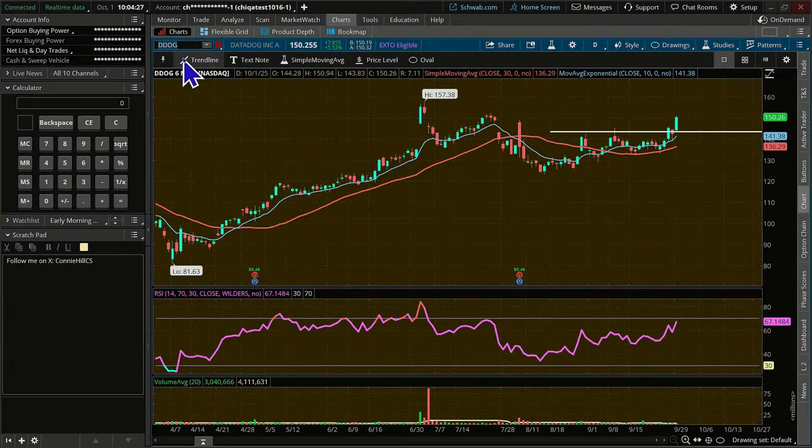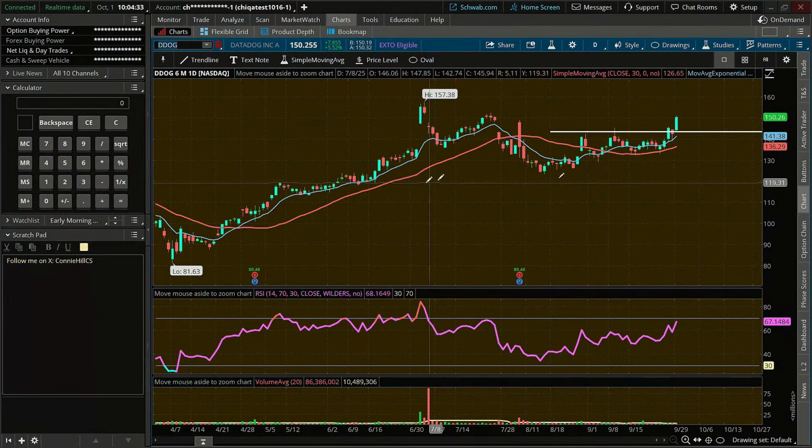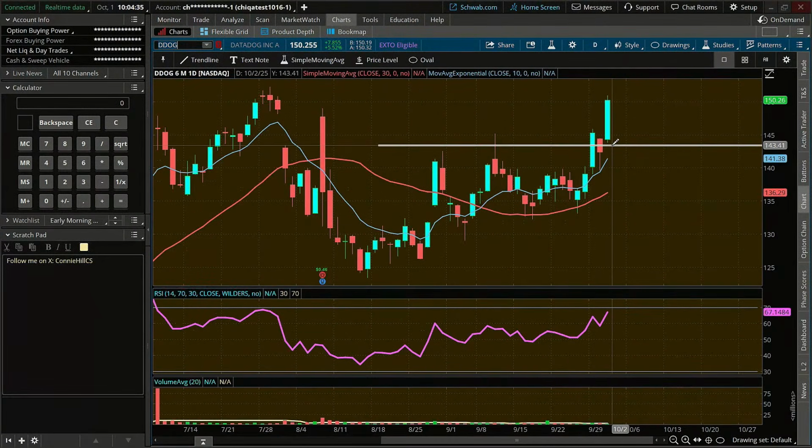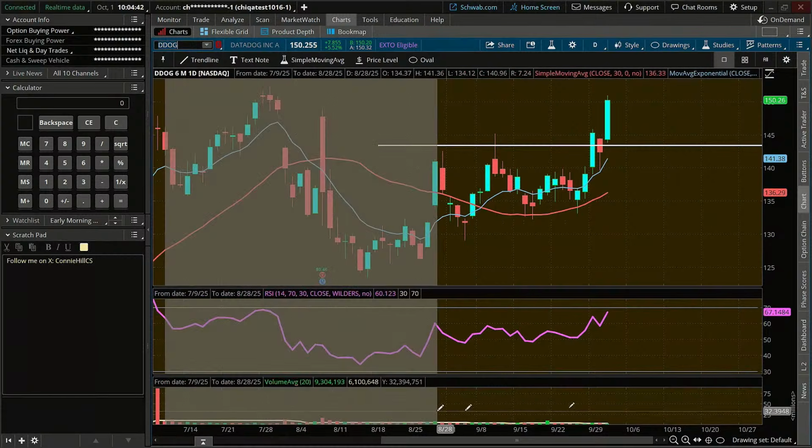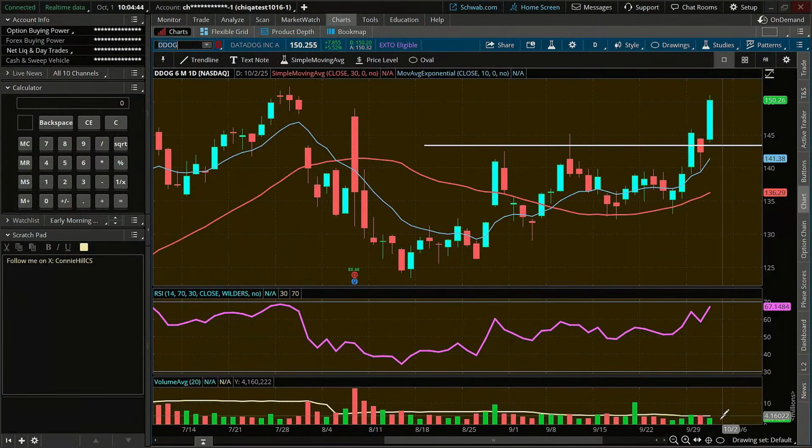Now, Datadog is having some nice movement today. In fact, you can see I've got a horizontal line here. Looks like, man, today it is breaking above that resistance area pretty strongly. Volume is down here, and I'm going to maybe zoom in so we get an idea. That yellow line tells us where the average volume is, and it's almost up to average volume, yet we're pretty early in the trading day. So that's an indicator that maybe institutions and others are moving in on this.